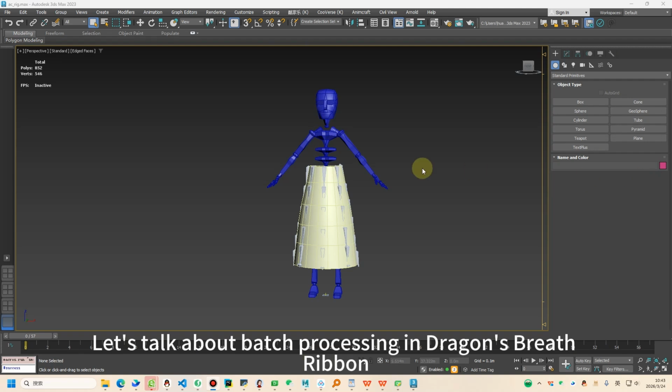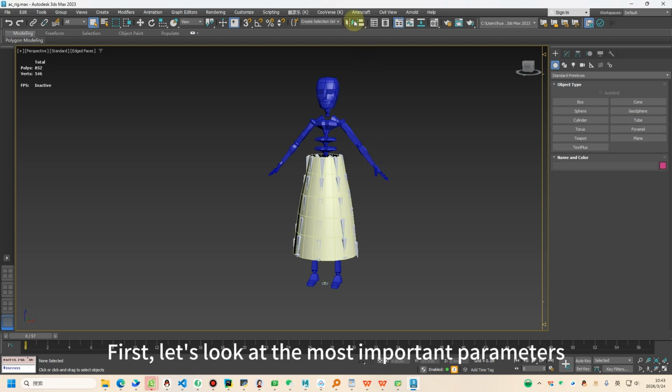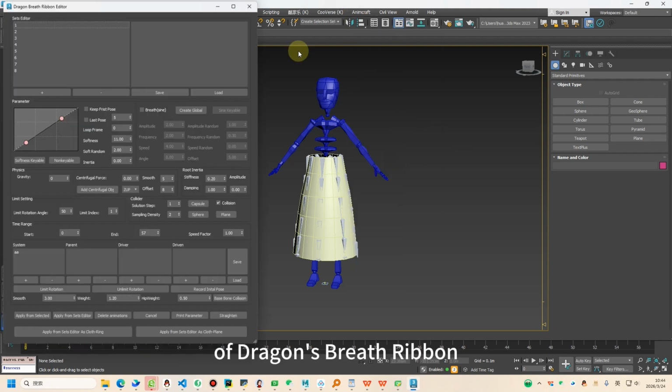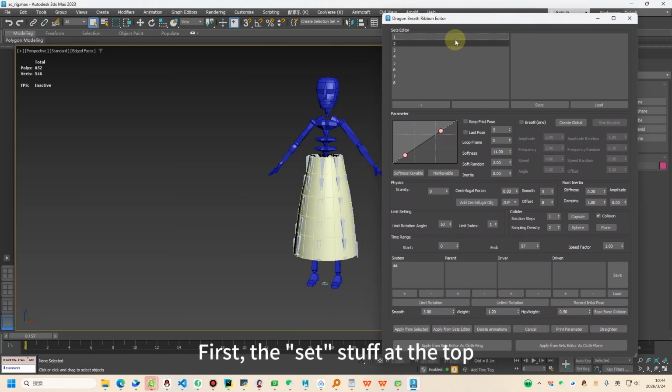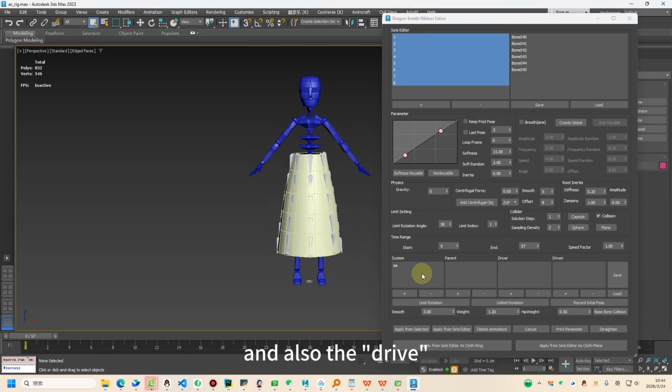Let's talk about batch processing in Dragon's Breath Ribbon. First, let's look at the most important parameters of Dragon's Breath Ribbon. First, the set stuff at the top, and also the drive